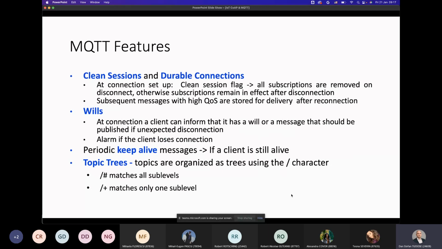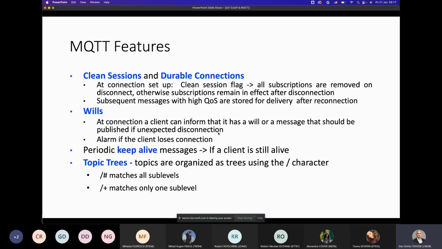You can have this will scheme, last will and testament, for a connection that is no longer available for a client. A client can previously inform that should it be disconnected, then the broker could send a particular message, and you can alarm the client or different subscribers if a certain client loses a connection.